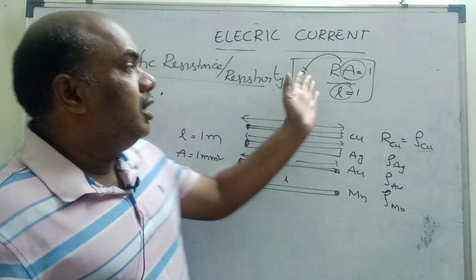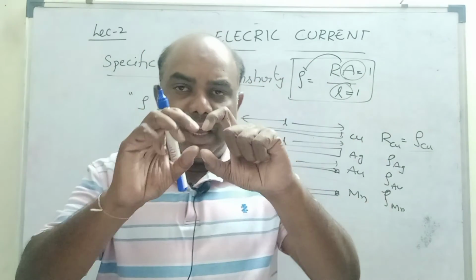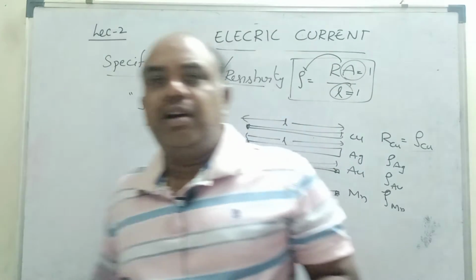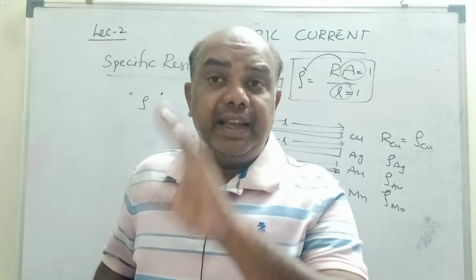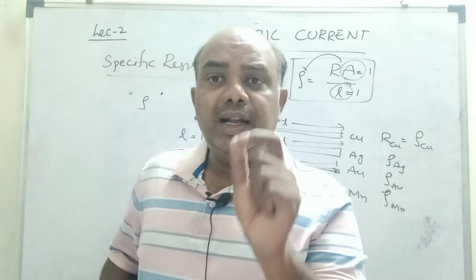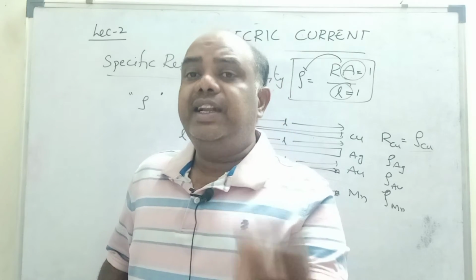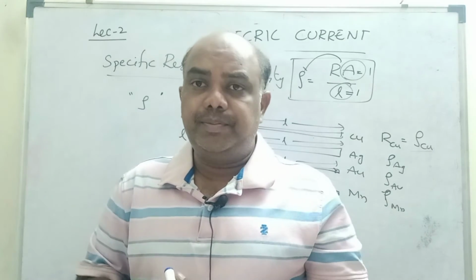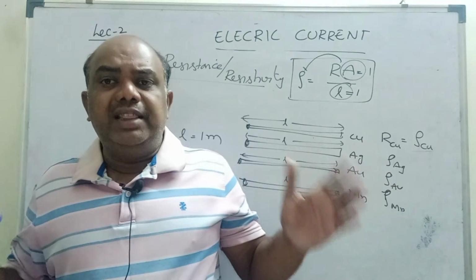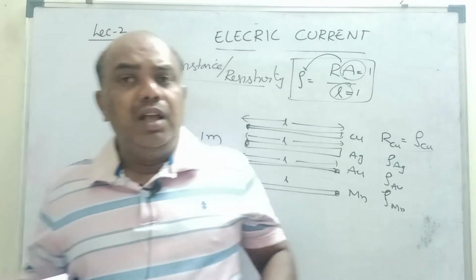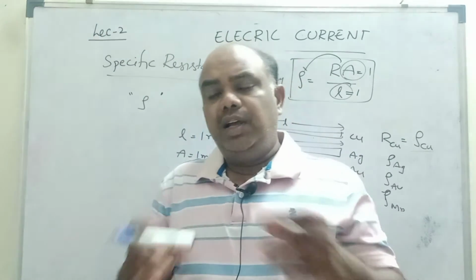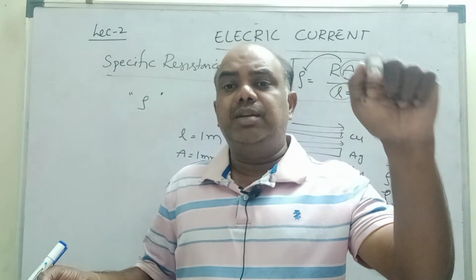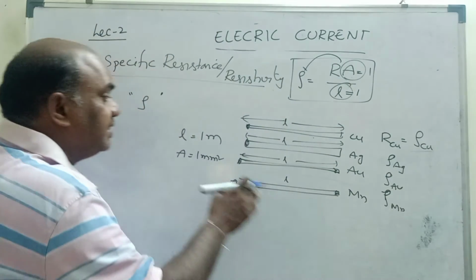These are all very, very important. Resistivity is nothing but the resistance of a material when length and area are fixed. If you take a fixed length and fixed thickness of any wire, then the resistance of that material is called resistivity. Resistivity is a number. What does that number indicate? It indicates the resistance of the material, with fixed length and fixed area of cross section. By default we take 1 meter and 1 millimeter square. Specific resistance is a value.